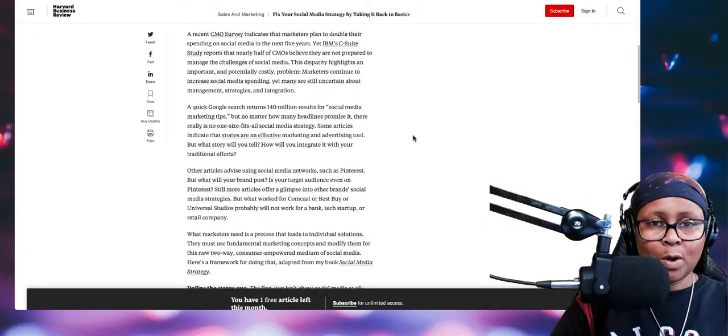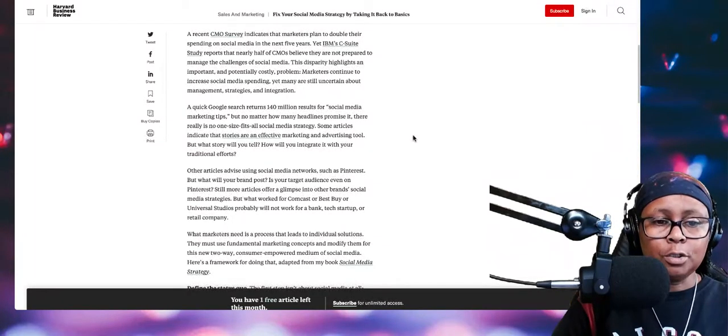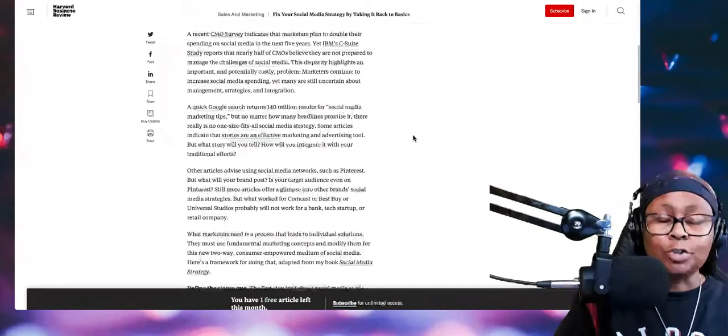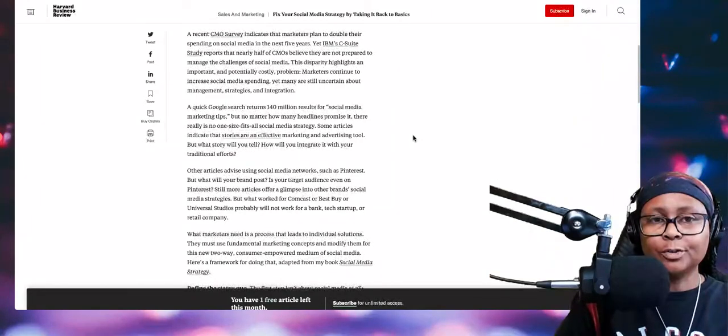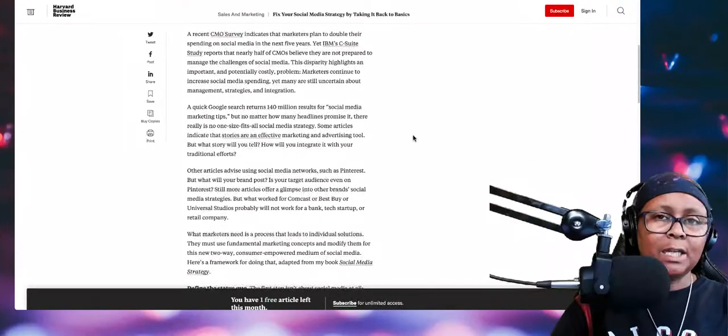Your budget is small. Therefore, your social media strategy is going to match your budget. So, as I read these articles, keep that in mind.